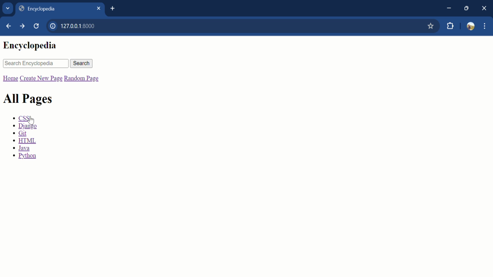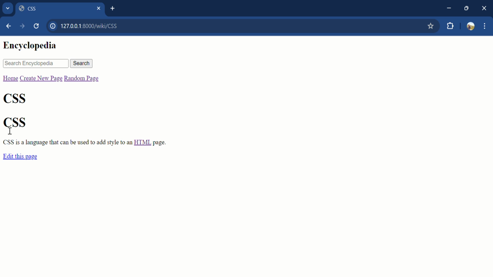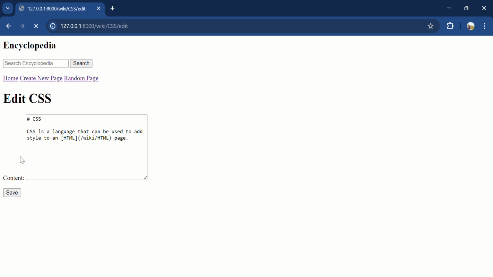Here we can click on the CSS. Here is the description which we wrote earlier in this page. Here we can see this edit page option. From this we can edit the